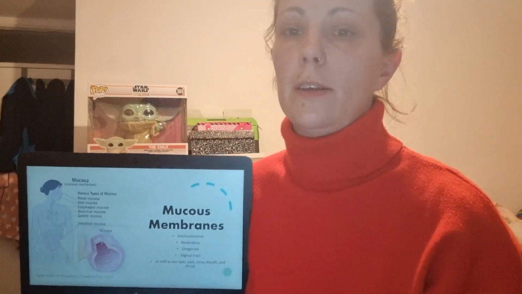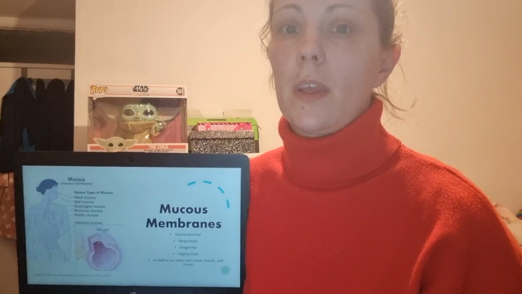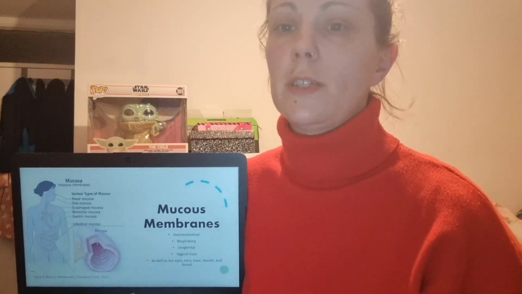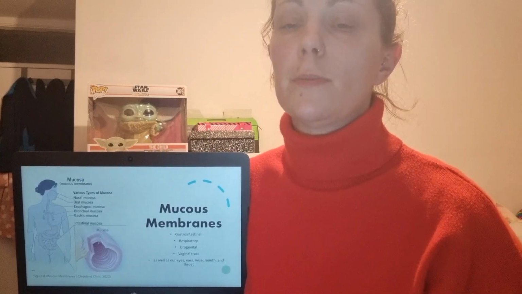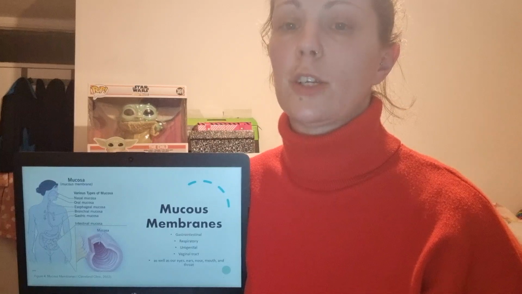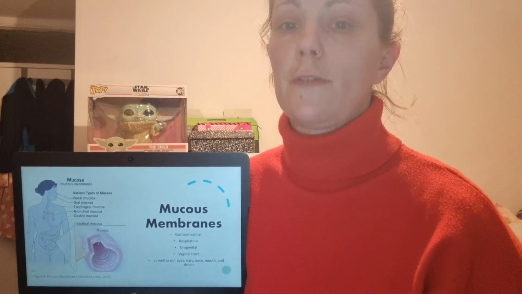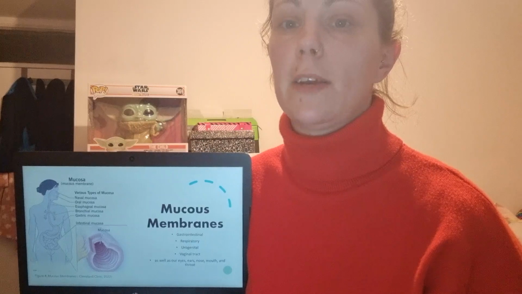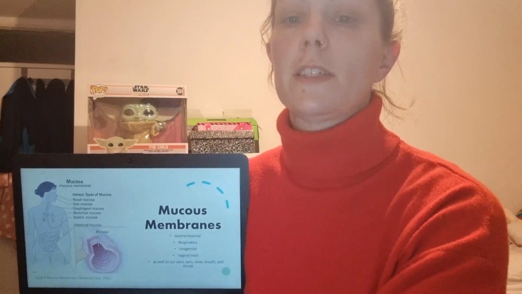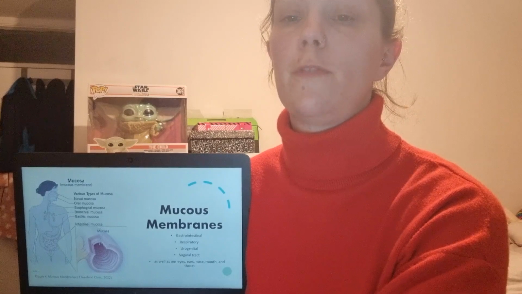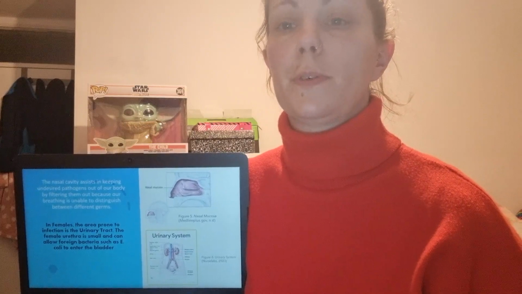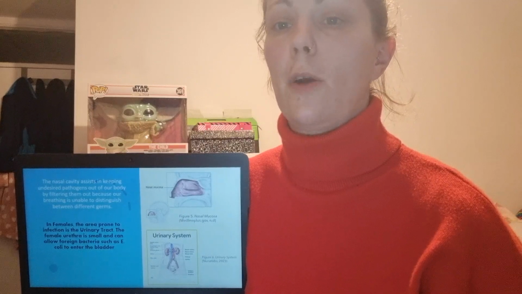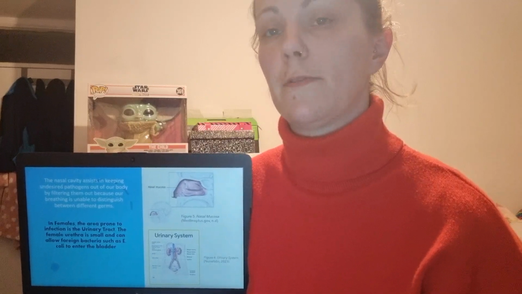Second is the mucous membrane, which is another first line of defence. The surfaces of our gastrointestinal, respiratory and urogenital tracts are lined with mucous membranes. Enzymes from internal mucous membrane secretions are another tool the body uses to combat germs. These membranes are in charge of keeping nutrients from passing through while screening out bacteria and infectious agents. These serve as the main point of contact between the human body's internal environment and the outside world. The nasal cavity is the respiratory system's first line of protection. The nasal cavity assists in keeping undesired pathogens out of our body by filtering them out because our breathing is unable to distinguish between different germs.